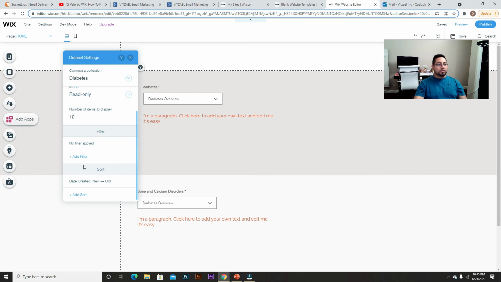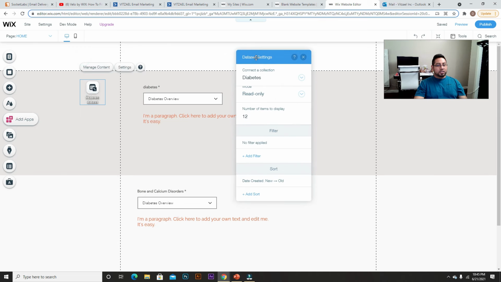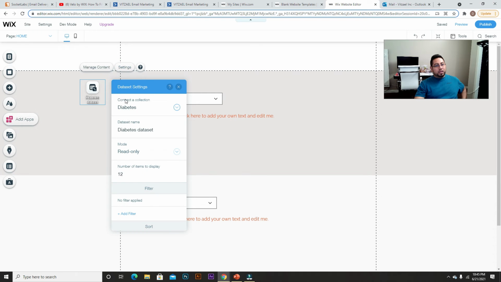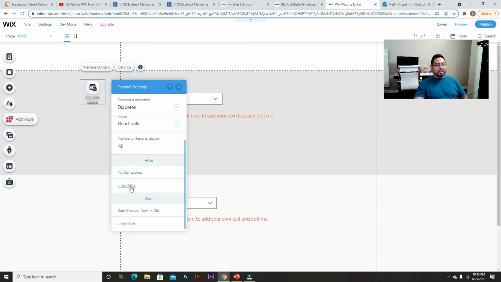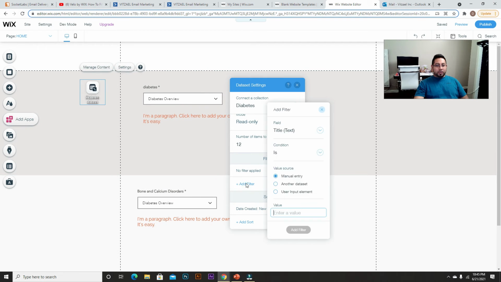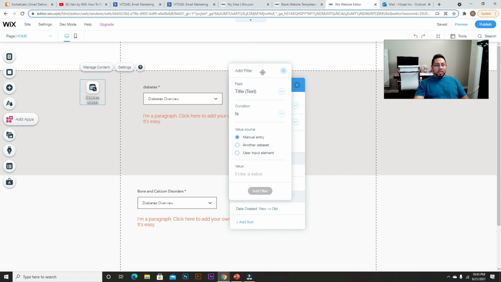Okay, so the way it works is, again, you're gonna go to the data set, you're gonna go under settings and then make sure it's the right collection, and then you're gonna scroll down and you're gonna find this option that says filter. You're gonna move it a little bit to the side if you have multiple drop down items. The reason is because you wanna make sure you select the right one. So once we click on add filter, then it's gonna look like this,